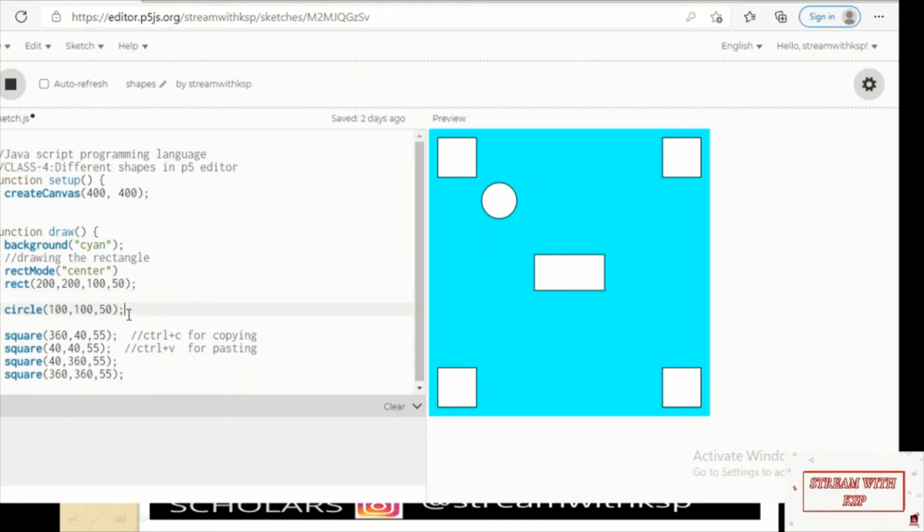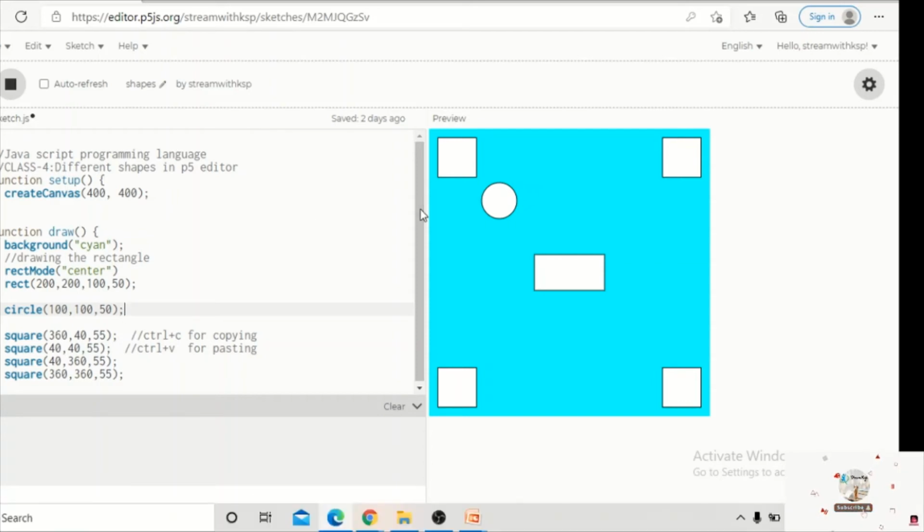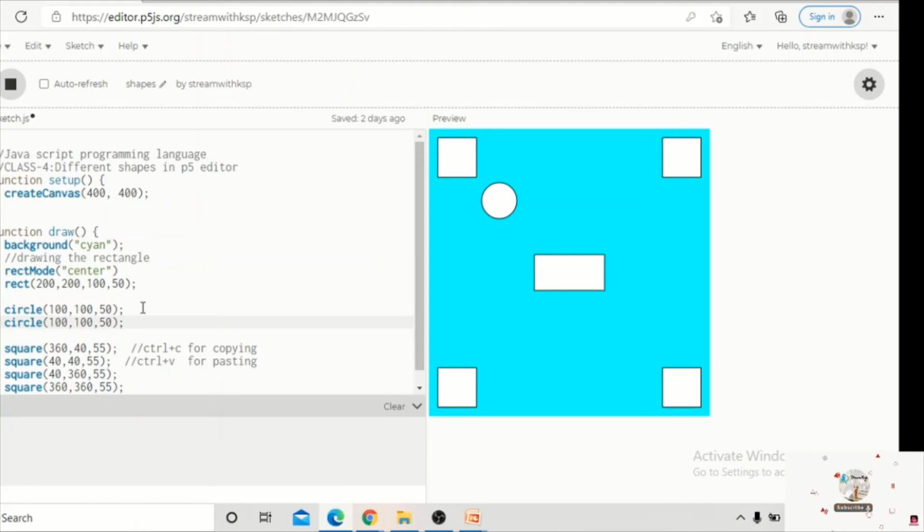Now you can also start along with me. So my circle is here. What I want to do, I am going to create more circles like this. One more circle here and one more circle here and one more circle here. So first I am going to shift this to the right side. If I want to shift that to the right side, first I will copy this instruction and then I am going to paste it in the next line.